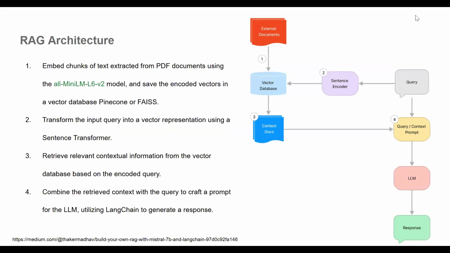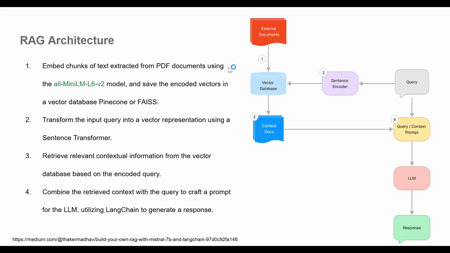The first part is we get a lot of financial PDF documents, and we use the model to embed the PDF documents, and then save the embedding vectors in a vector database, either by Python or Faiss. And then the second part is the sentence encoder, which is